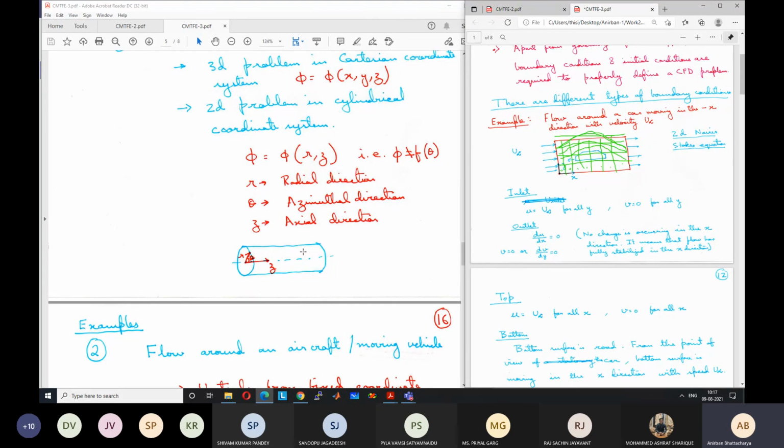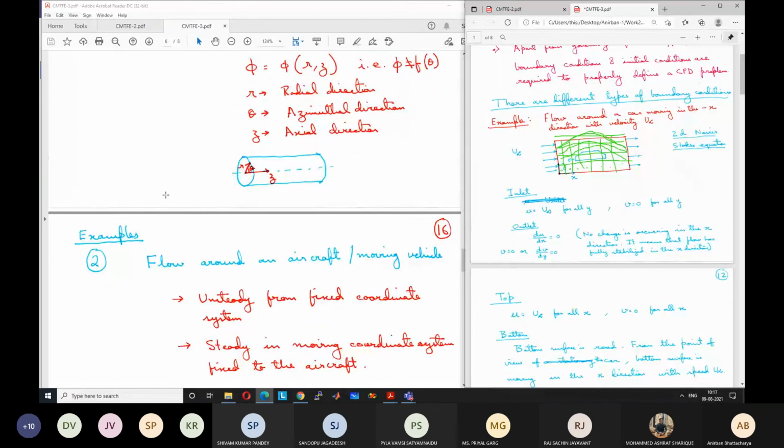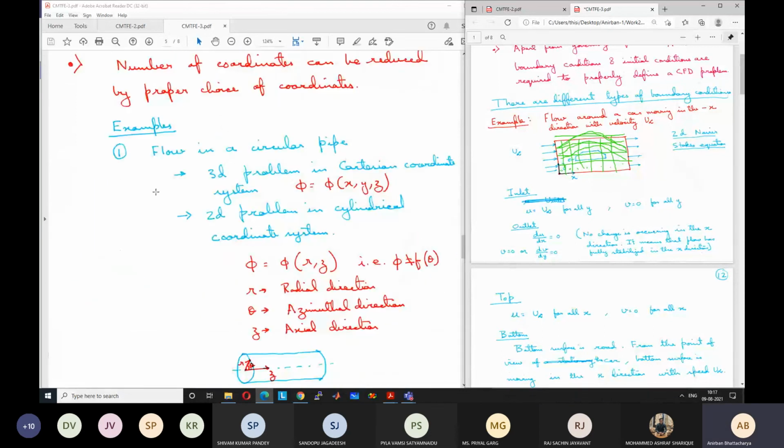So what is the maximum temperature that is occurring in a furnace? They quickly want to calculate this. Then they may go for full CFD calculation, but there are a lot of 1D codes that are used. This is one example. Okay.